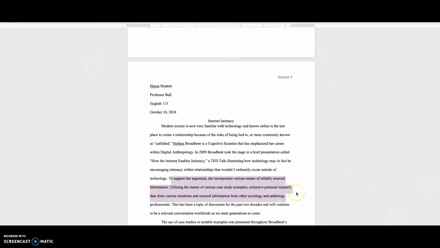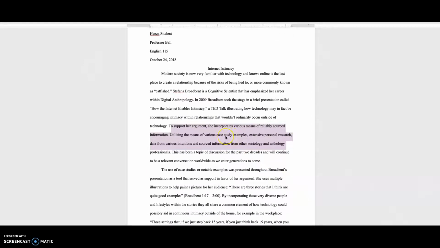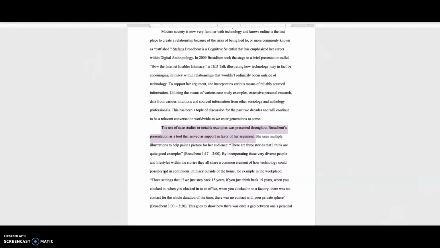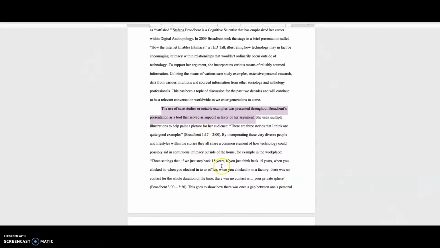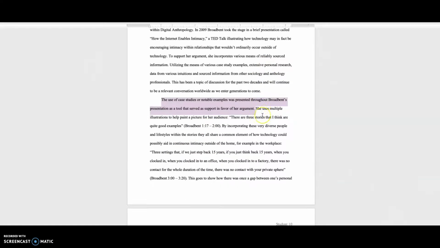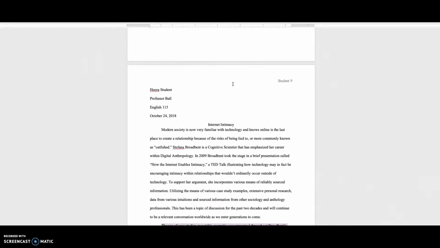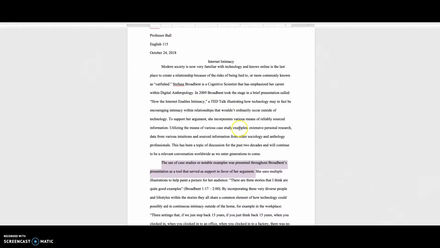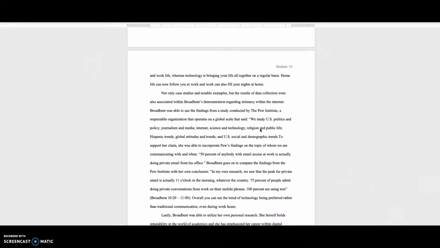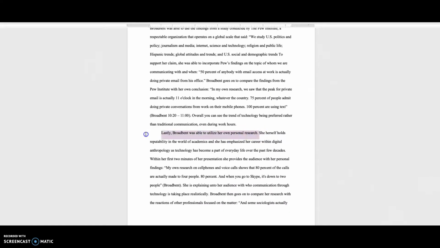And just so you know, if you say case study in the first part of your prompt, well then your point in the next paragraph should be case studies. There's a point there, and there's a timestamp. The next part was extensive personal research. This is not necessarily personal research, so she went out of order. She does case studies and then data, and then she doesn't do it in order because personal research comes next. So this is a bit out of order.